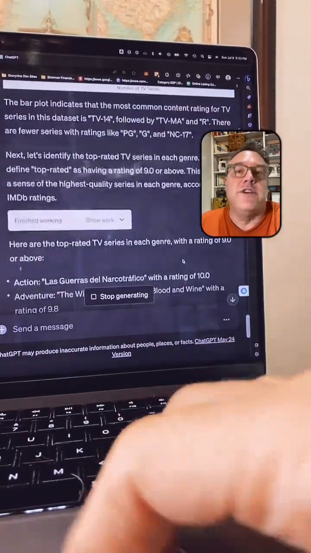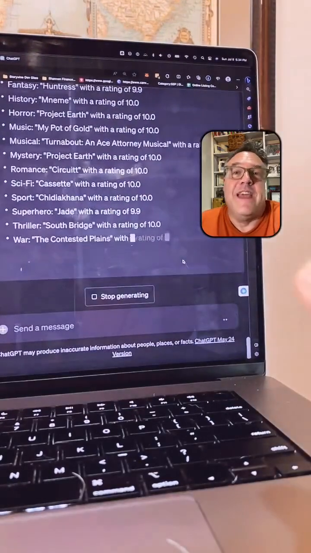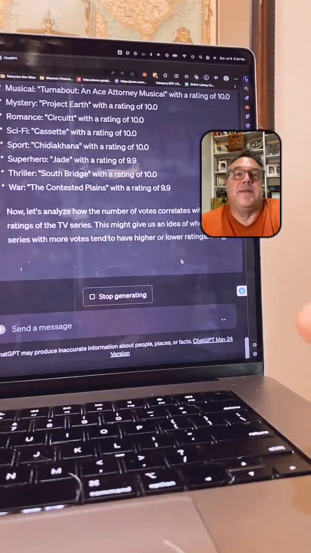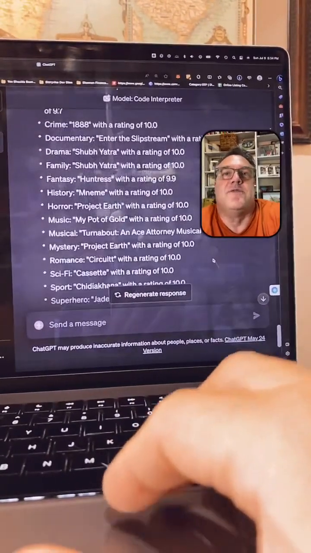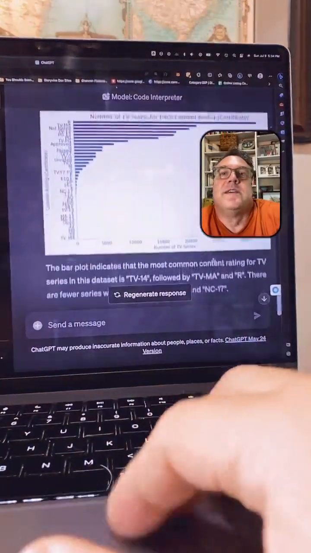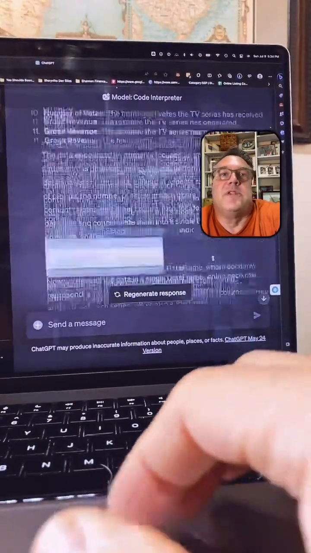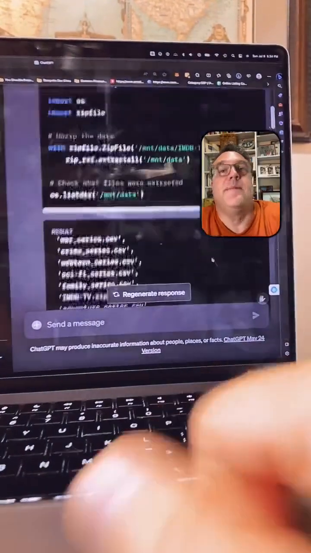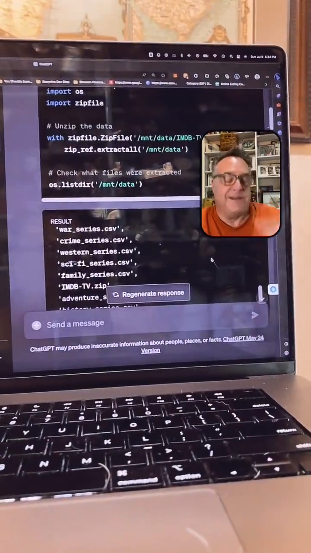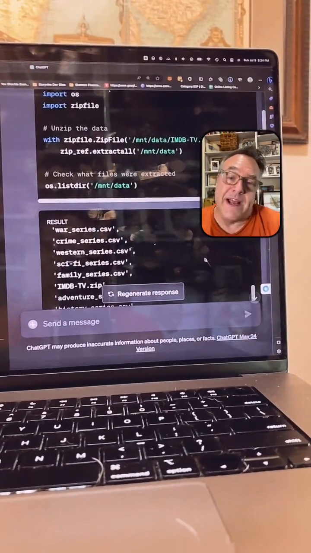So what Code Interpreter's doing, it's still going. It gave itself instructions based on my little thing about what is this data? Tell me what this is and visualize it for me. And it did all this, and it wrote the Python for you. So is it a bad thing to learn Python programming? No, it's not. But you need to understand that what's coming are tools that can write it and execute it.